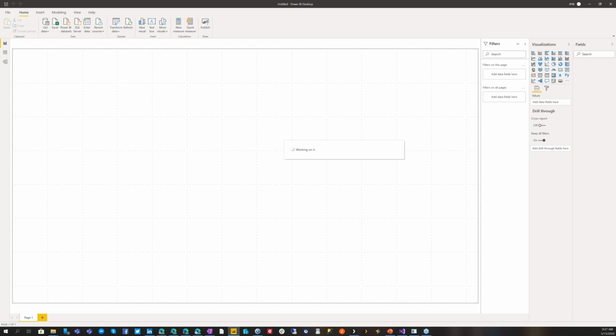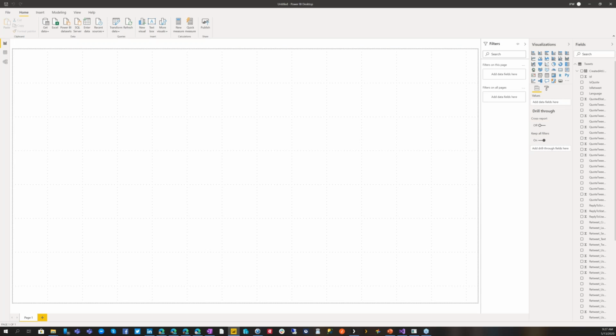All right. So we've just imported all of those tweets since April in here. And one of the things I want to do is to create a calculated measure. I'm going to create a very simple one. I'm going to just say what are the number of tweets. So I've just right-clicked on my tweet table here. I'm going to click on New Measure,